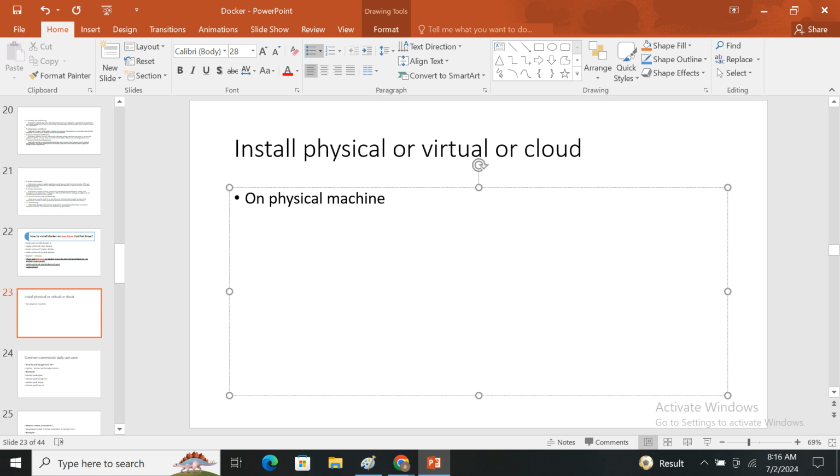On a physical machine, what do you have to do? Install Linux, then install Docker. It's a long process. How much time is it going to take? Around 40 to 60 minutes, depending on your RAM and CPU. And it will disturb your data also. If you already have a Windows machine running, you have to remove the Windows machine and install Linux. But on virtual,